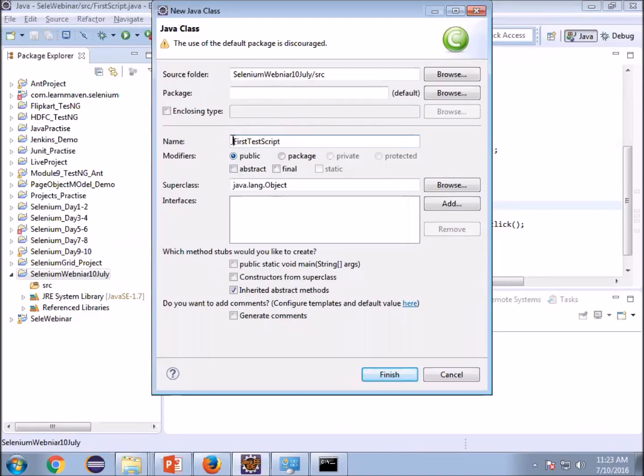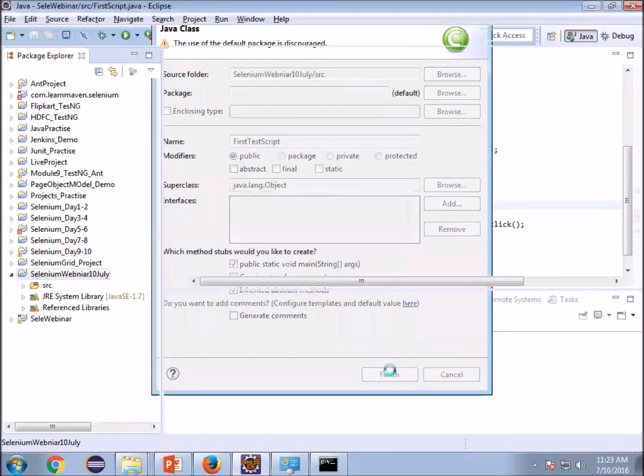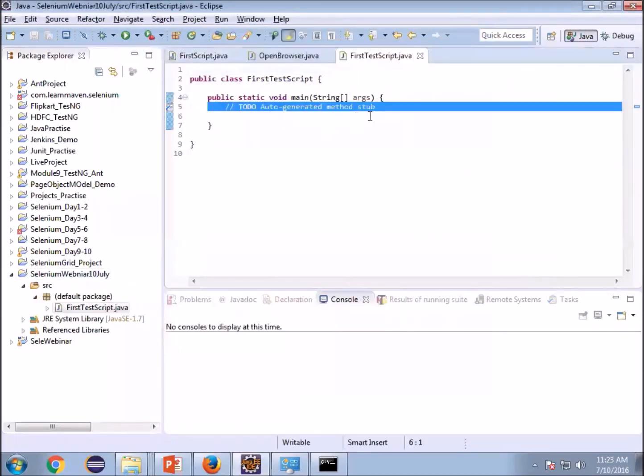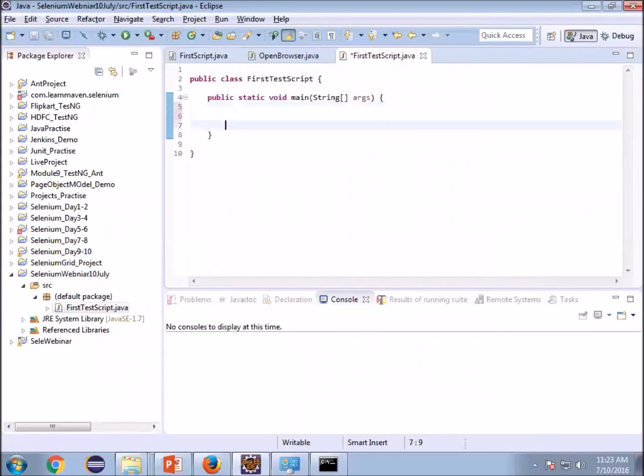In Java there is a convention used industry wide: you write your class name starting with a capital. Then there is one method in Java which you will always require, public static void main. Your compiler starts running your code from this method. Just check this and finish. So you will get the structure of your Java code.